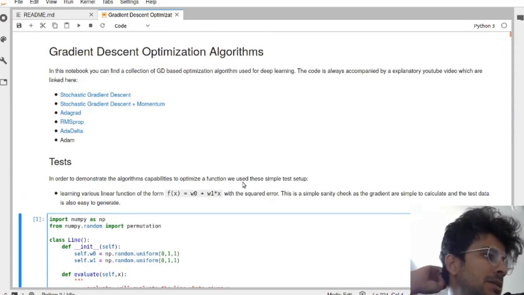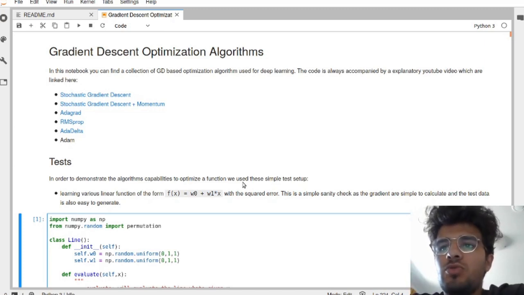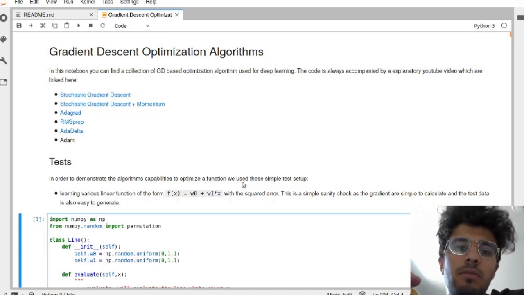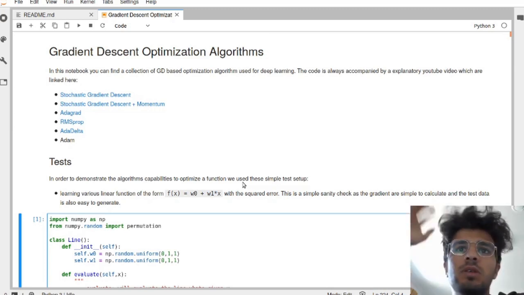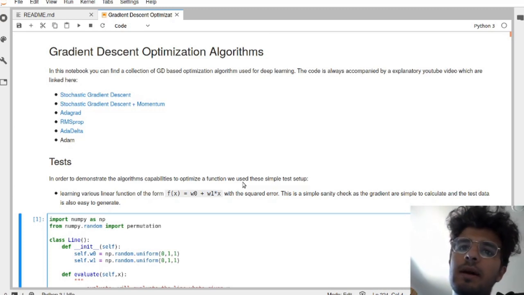Otherwise, how do you know that you didn't make some numerical mistake? So that's what you have to do. I will say this is less than the bare minimum. You should have extensive test cases, but here I just want to show you the process I go through